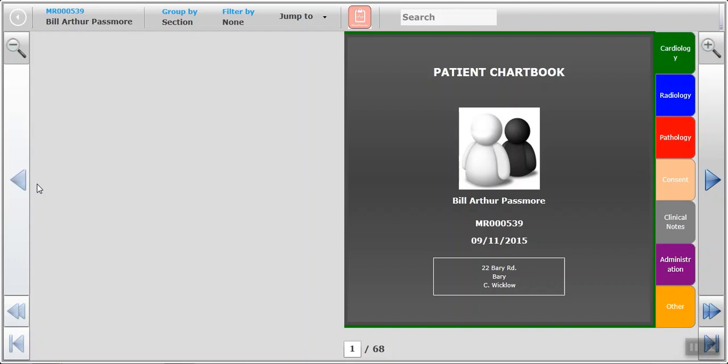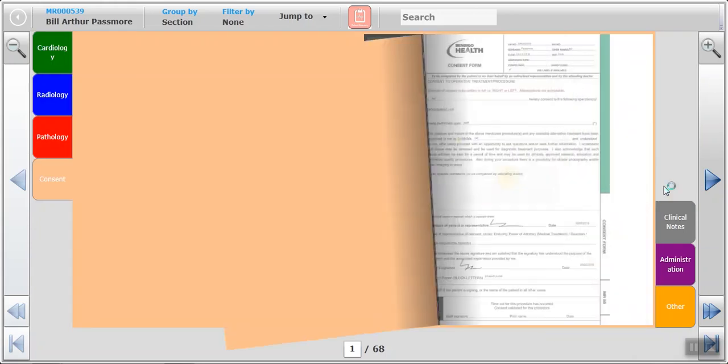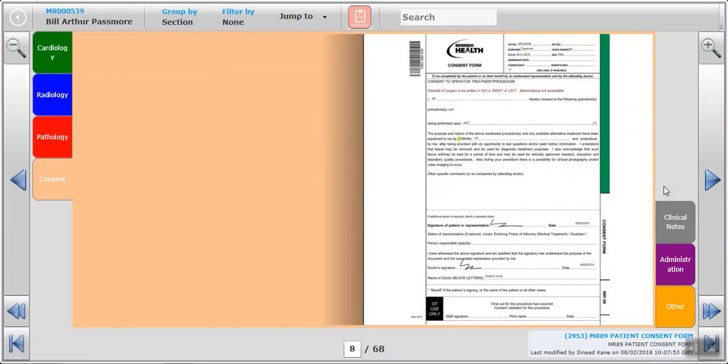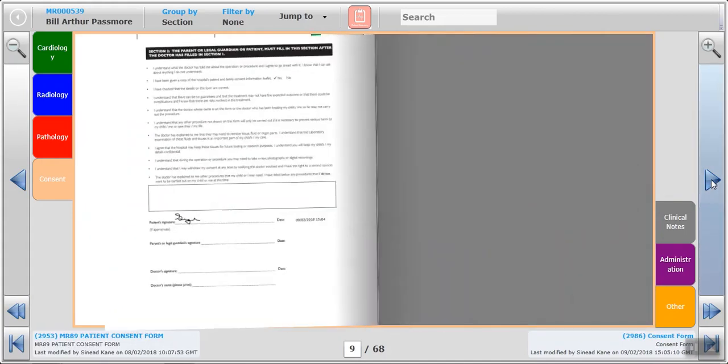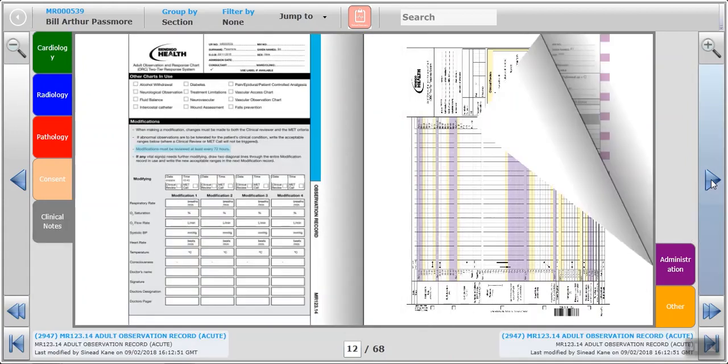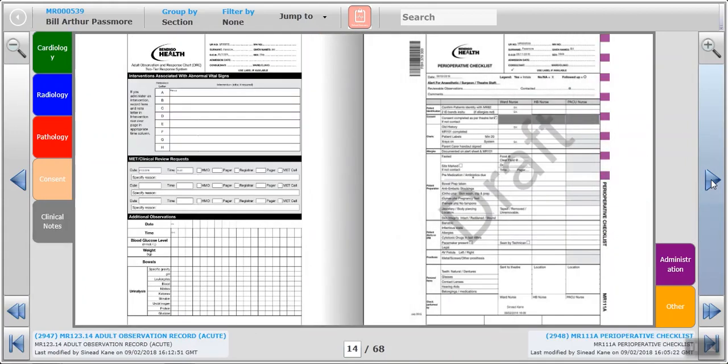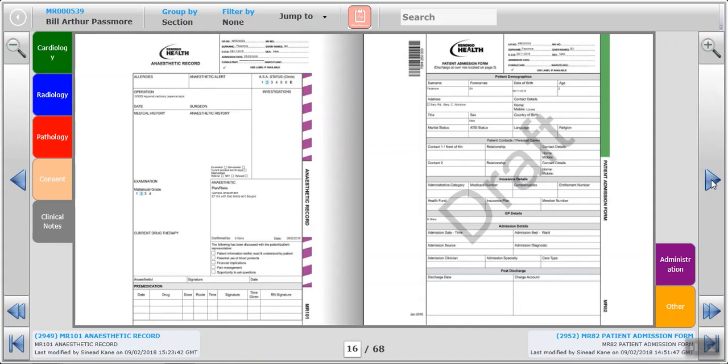On this Chartbook, we can see there are 68 pages. The Chartbook is divided into sections which are color-coded and named by the client. In this instance, we are looking at a surgical patient, and we can see the chart has been pre-populated with surgical apps such as consent form, an observation chart, and pre-op checklist, among others. Apps that may or may not be required, such as fluid balance charts, can be created by the user if